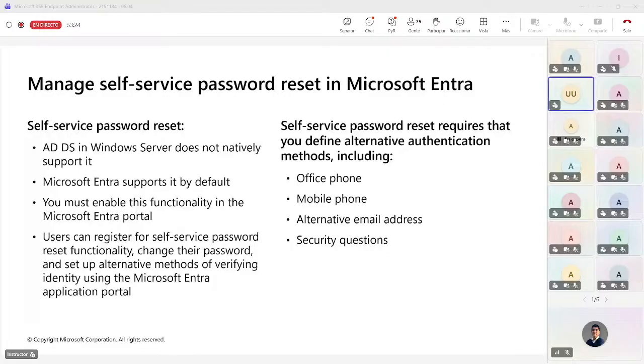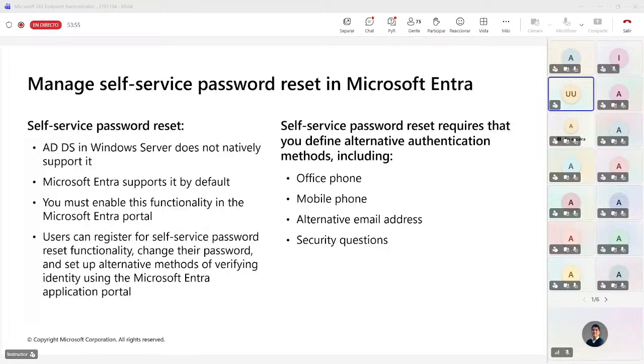Now, when you do this, passwords that users reset in Entra ID are written back to ADDS on-prem, meaning a user can change his or her password in both the cloud or on-prem environment. Now, before your users start to use self-service password reset, you have to enable that functionality in the Azure portal by selecting the password reset item in your directory tenant administration pane. Okay, so you have to get that turned on, but first you should decide if this functionality will be enabled